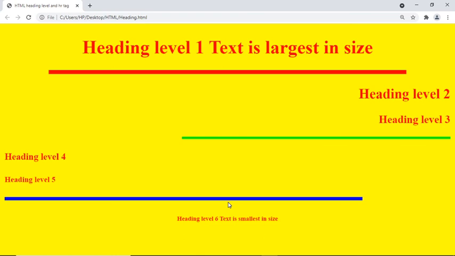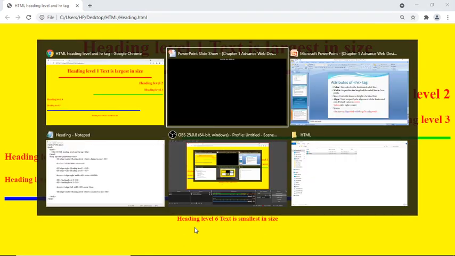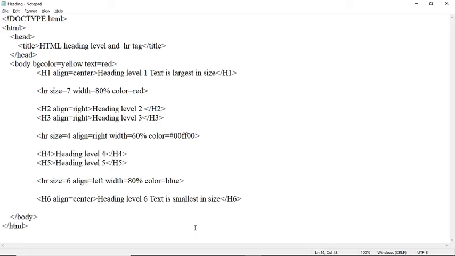First H1 is aligned to the center, second and third headings to the right, and the second HR is also aligned to the right. Then the fourth and fifth heading labels are aligned to the left-hand side, which is default, the last HR is aligned to the left-hand side, and the last heading label is arranged in the center. So we will see the code one by one.